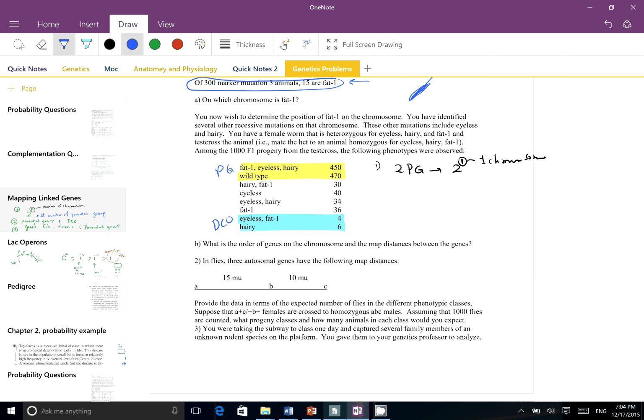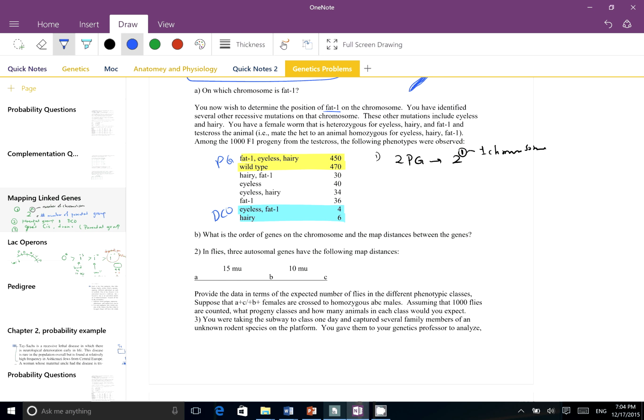It has those 3 traits, which is fat, let's see, heterozygous for eyeless, hairy, and fat, okay, and the other one, yeah, so eyeless, hairy, and fat. Okay, so those are the ones we're looking for. So I figured out that I have 1 chromosome. Now I'm gonna look at my parental group